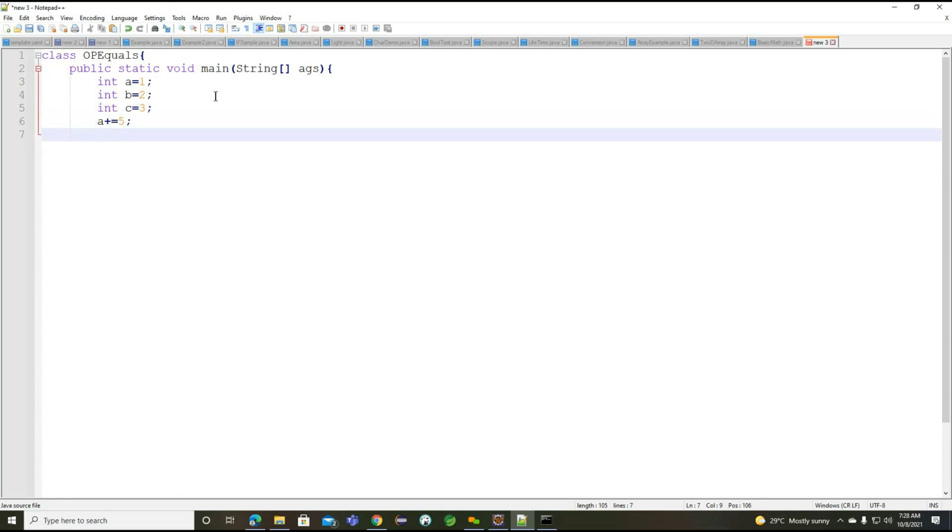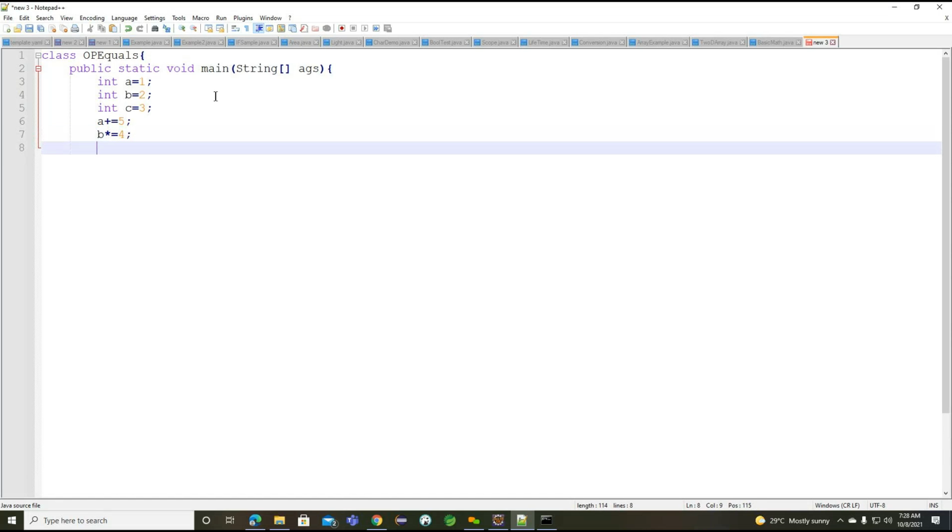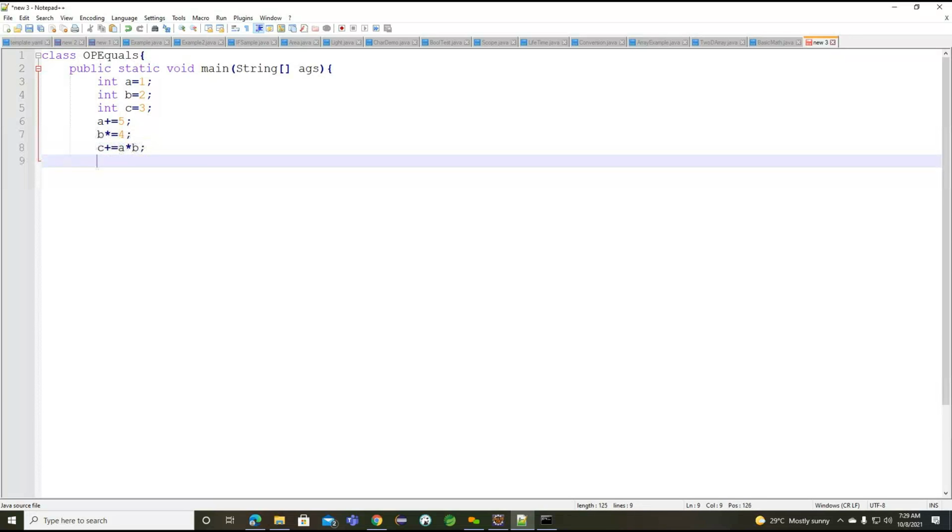And the same way, b *= 4. And then c += a * b.